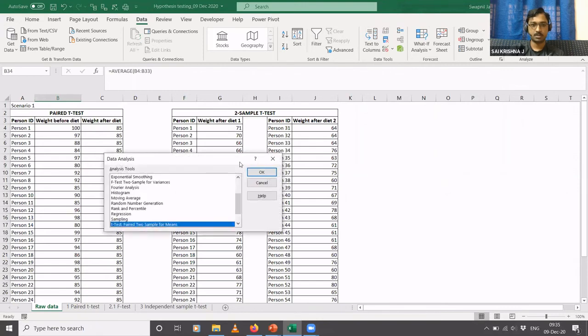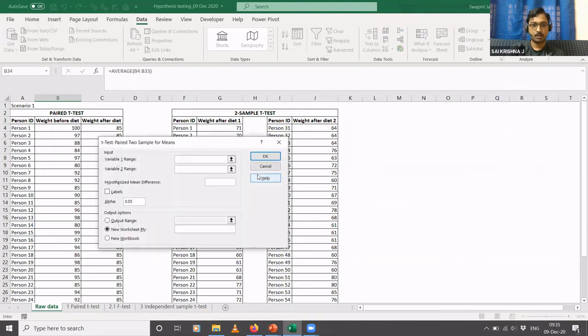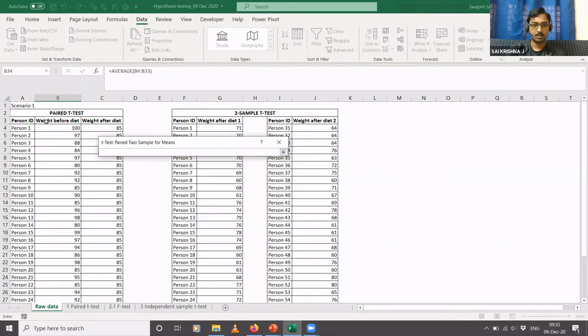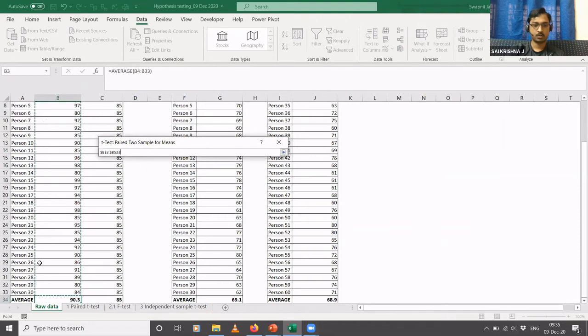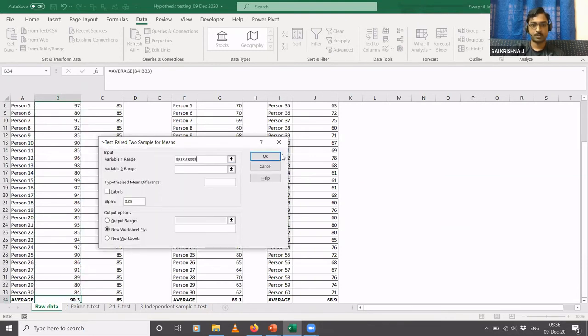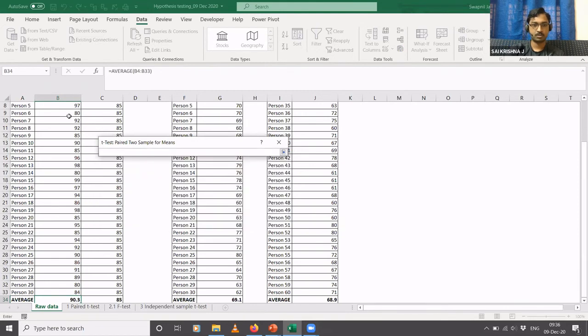So you click on this and you select t-test paired two sample for means, click OK, and you have something called Variable 1 Range. Just click here, and this is our first variable range. You can exclude the average from the selection. You just need to select the readings and then select the Variable 2 Range, which is the input. So note here that I am selecting from C3, right? C3 contains the headers. So I'm selecting from C3, and I'm excluding the average value.